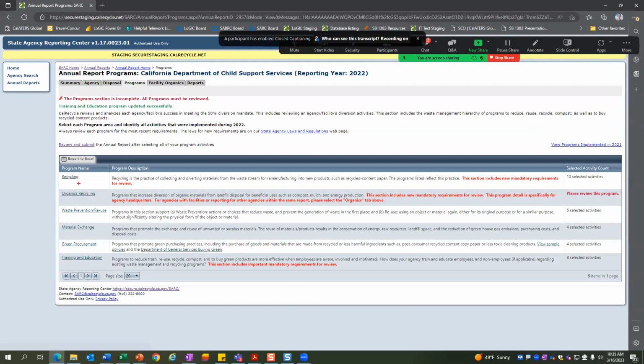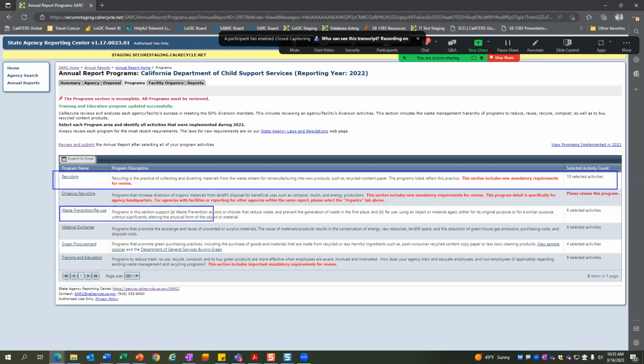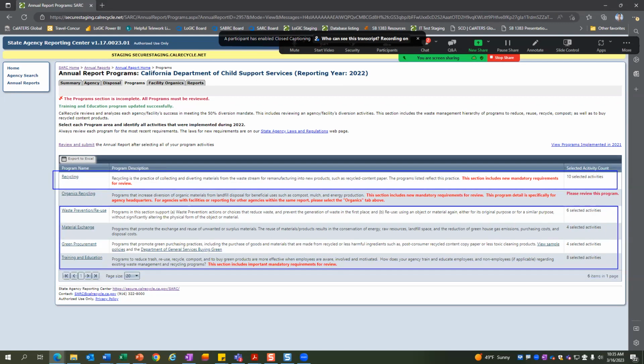All right, so I just want to reiterate one more point here. Actually, that's a bad color. Let's use a different color. So in the program section, these in blue, I'll do this one maybe in red.